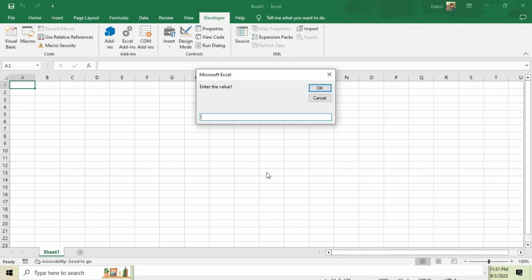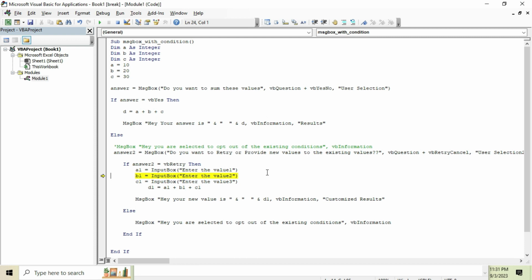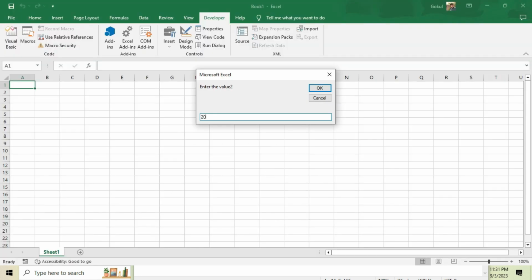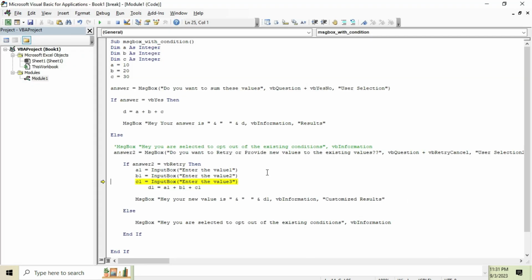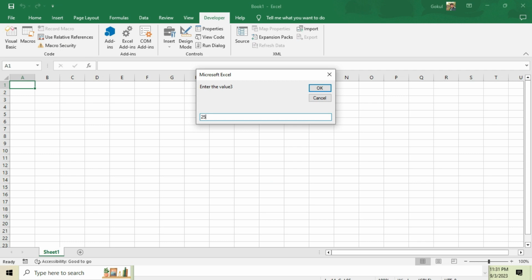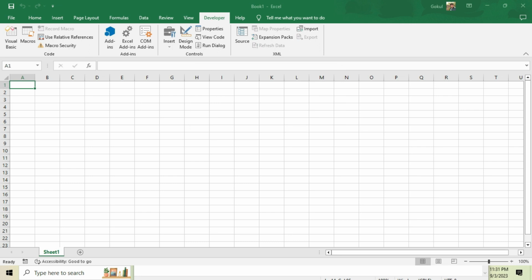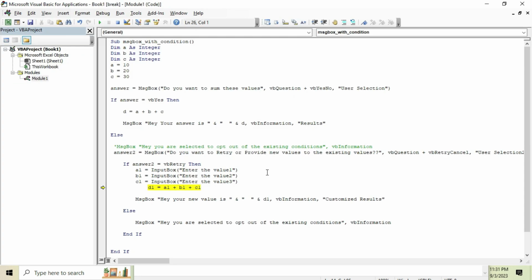So it is asking me the value. Enter the first value. My first value is 100. The second value is 200, and the third value is 250. Let's sum this up. It should give me the value of